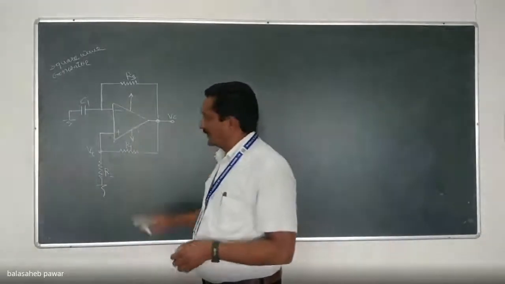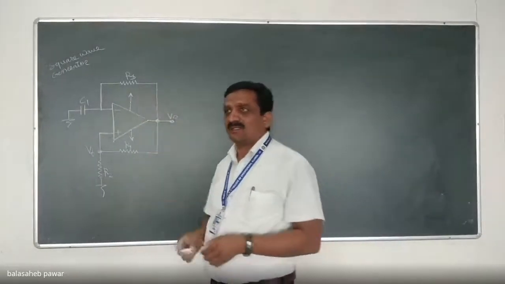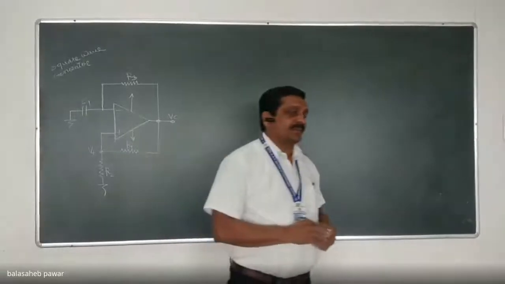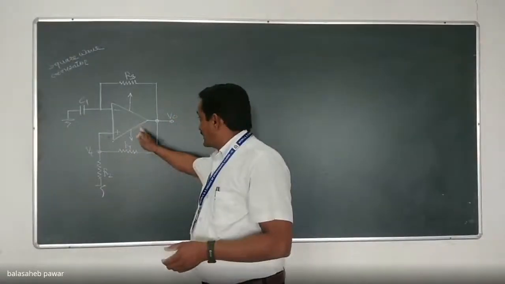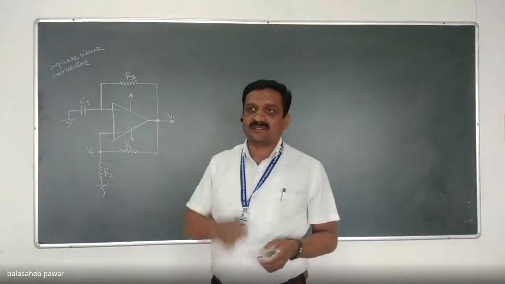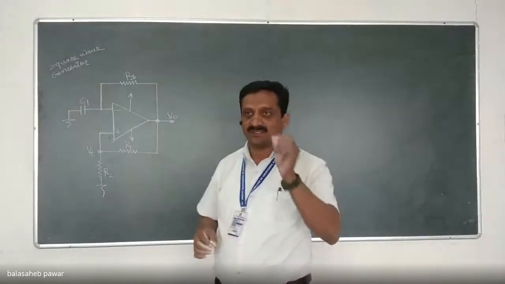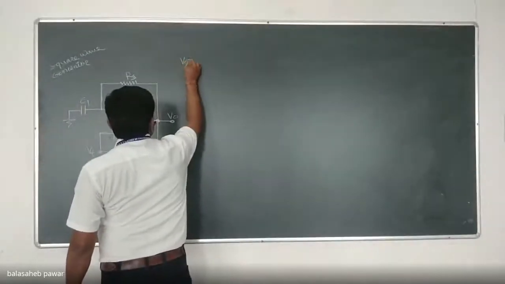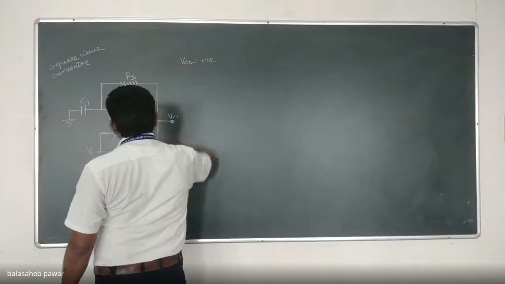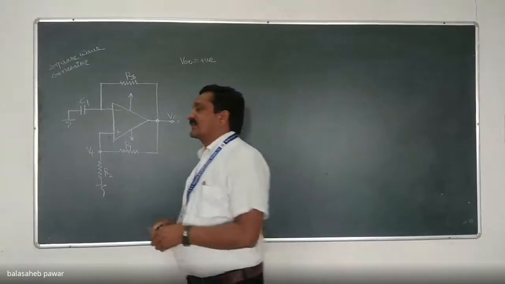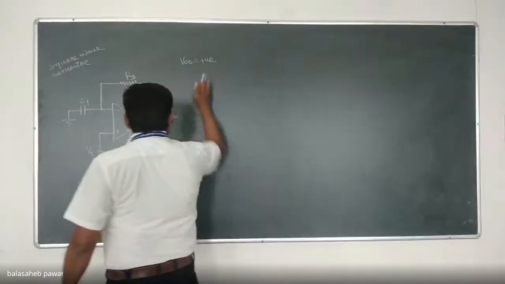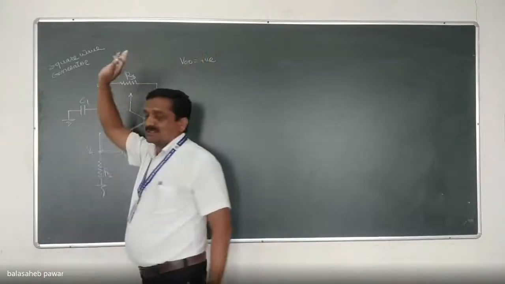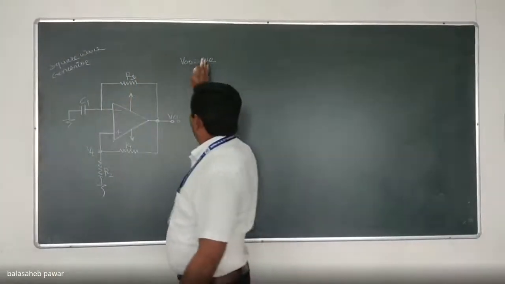Whenever we turn on this circuitry, that means we power this circuitry by plus minus VCC applied to pins number 7 and 4, it will generate somewhat of an output offset voltage. Our first consideration is that the output offset voltage is positive in nature. It will be a few millivolts, but it will be there. Ideally it is 0, but practically somewhat either positive or negative in millivolts is available.